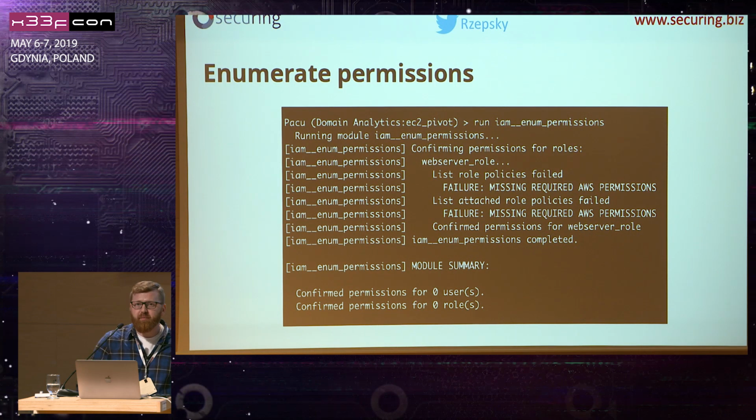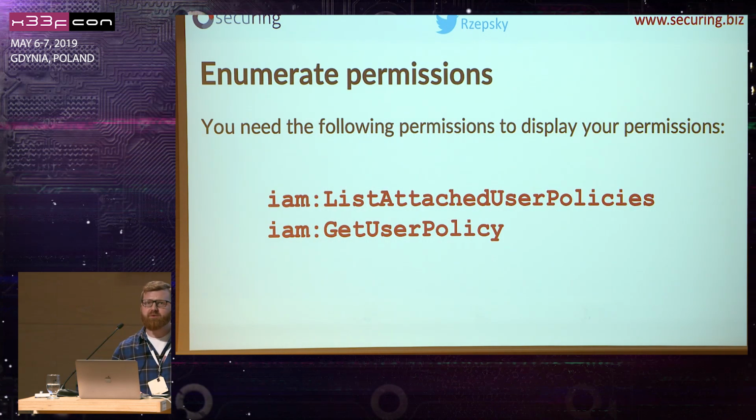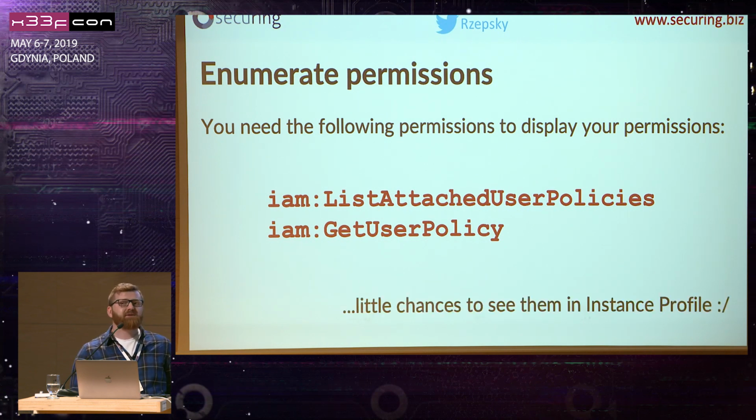So how do we enumerate permissions? In Pacu, there's a module called iam__enum_permissions. Using it, you can display the permissions you are allowed. But to be able to display all your permissions, you have to have those two permissions assigned for these two actions, which, at least from my experience, there is little possibility of finding in an instance profile. But,